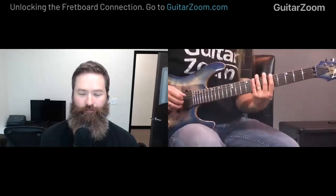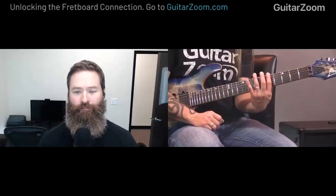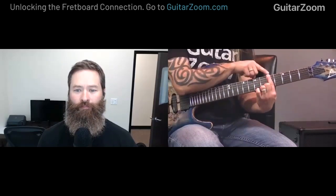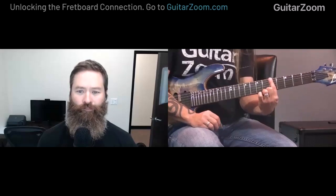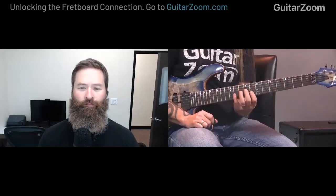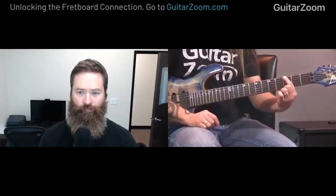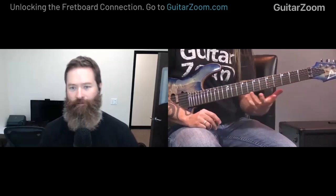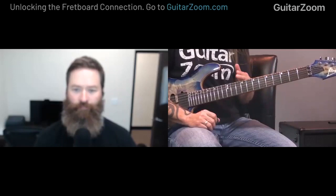So if I wanted major pentatonic, whenever I'm in minor pentatonic, what I think about is this first position that you learn how to play. And you'll notice my first finger is on the note A. Okay? So if I wanted C minor pentatonic, I would just move that first finger up to C and then play that same minor pentatonic position. If I wanted to be in G minor pentatonic, I'd move down to G and play the same first minor pentatonic position. That's the beauty of the guitar, is that you can move it into all the other keys simply by knowing which note is...